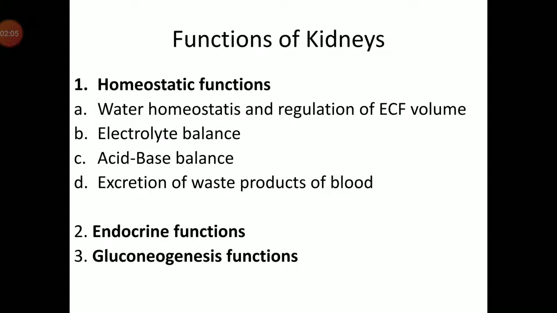Via this term homeostatic function, you all know that it is associated with homeostasis. And homeostasis is basically the maintenance of a constant internal environment of our body. Though the term is internal environment, we also know that this is the environment found outside the cell. So for a cell to function at an optimum level, the environment outside the cell should be regulated in a very narrow, normal range in terms of its constituents like water, electrolytes, hydrogen ion, or other things like temperature.